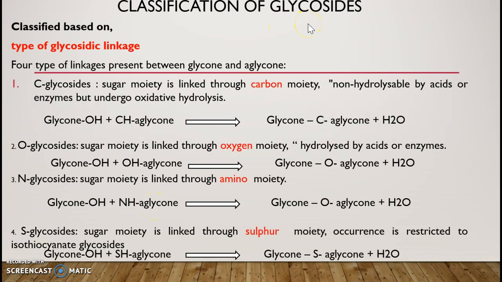Classification of glycosides. Here classification is based on the glycosidic linkage present, the sugar present in them, and also based on the chemical nature. Depending upon the type of the glycosidic linkage, there are four types of glycosides: C-glycoside, O-glycoside, N-glycoside and S-glycoside. In C-glycosides, the sugar moiety is linked through a carbon, which is non-hydrolyzable by acids or enzymes but undergoes oxidative hydrolysis. The glycone part reacts with the aglycone part consisting of CH and forms a C-glycoside with the elimination of water. O-glycoside, the OH of the sugar moiety reacts with the OH moiety of the aglycone part and forms